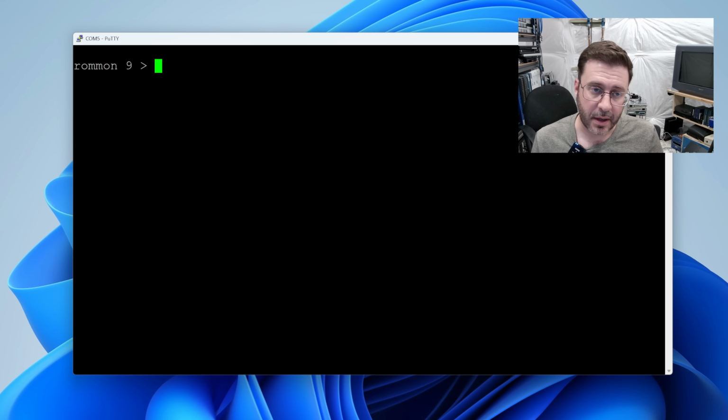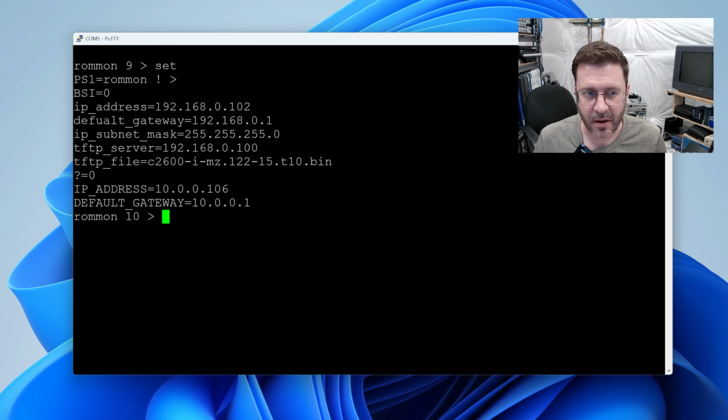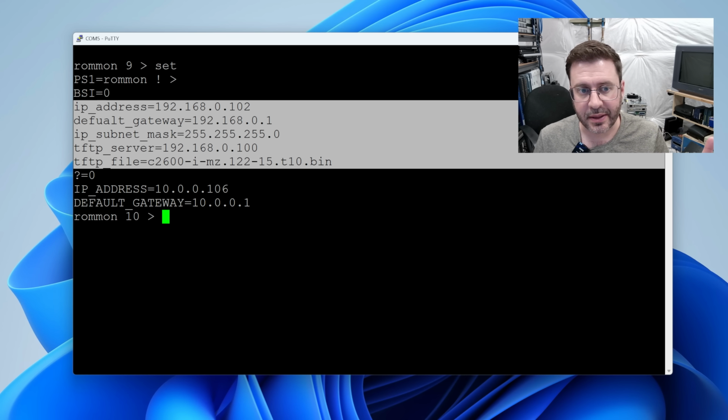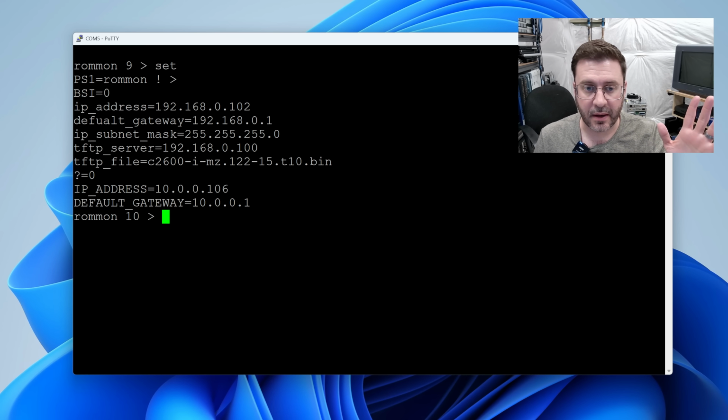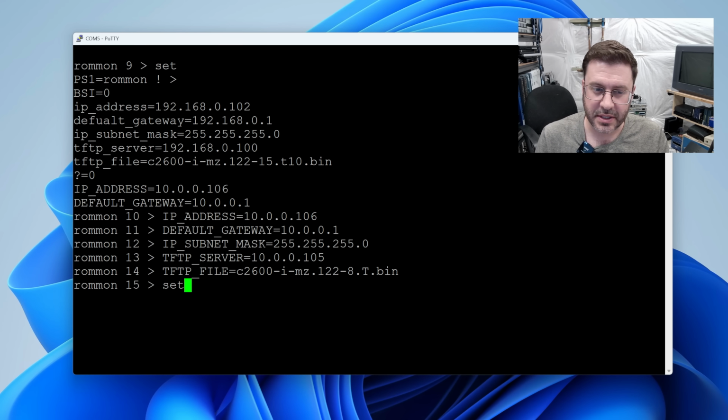Back over in ROMMON on the 2600, we're going to issue a set. And remember, all this stuff has already been set up. We need to point this at my network and the file we would like to transfer from that TFTP server I was just showing you. Here are the values we're going to use. We're going to set the IP of the router, the 2600 in this case. I know this .106 is available, the default gateway, the TFTP server, this 105 is the VM we were just looking at, which is hosting this TFTP file, the copy of IOS we're going to hope works on this thing. So I'll get these entered in just like that, and I hope if we do another set,